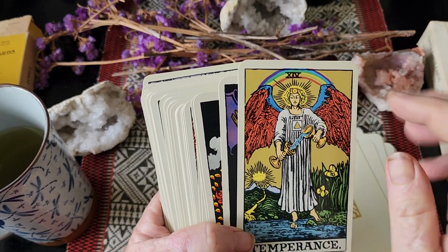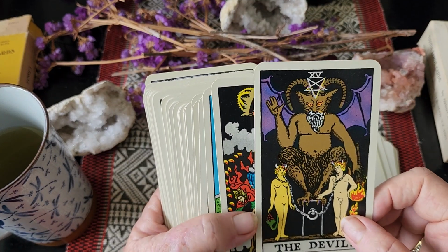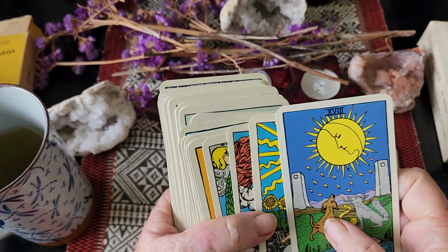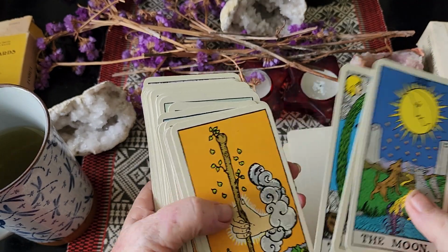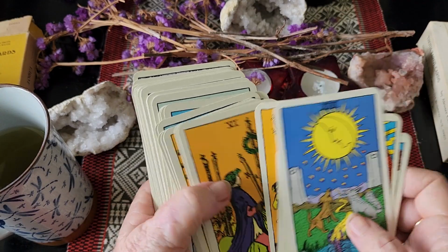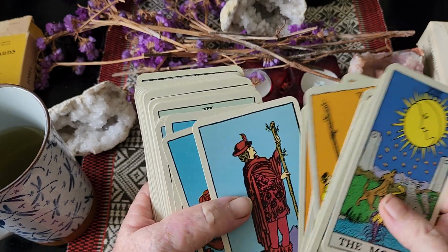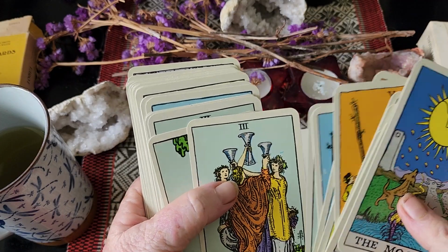Look at the rainbow. Look at the purple in the Devil. Yeah, so I don't think you get the same coloration in the modern decks. Particularly, see, the World has that purple as well, and the orange, lime green and purple. I haven't done a comparison with a modern deck and this one, but you can find